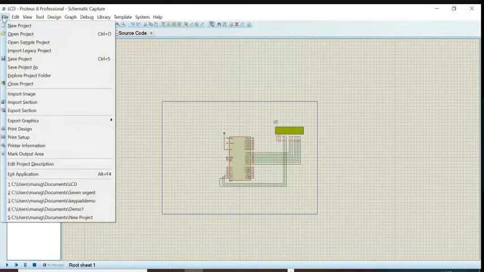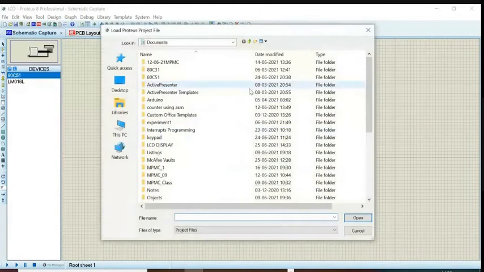Where is my project? File, open project.